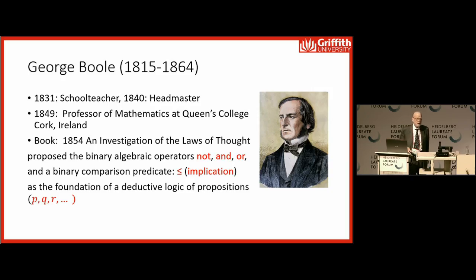George Boole is clearly the author of Boolean algebra, and he had an interesting life. He was born into a poor family. His father was a cobbler, a shoemaker, who wasn't a very good businessman, and at the age of 12 he became the principal bread earner for his family. Within 4 or 5 years, when his father died, he was a headmaster of a small school, moved to a larger school, and then